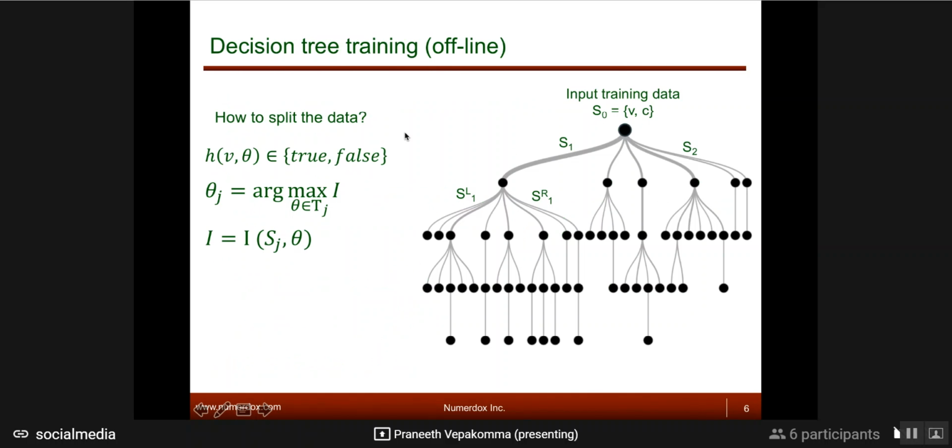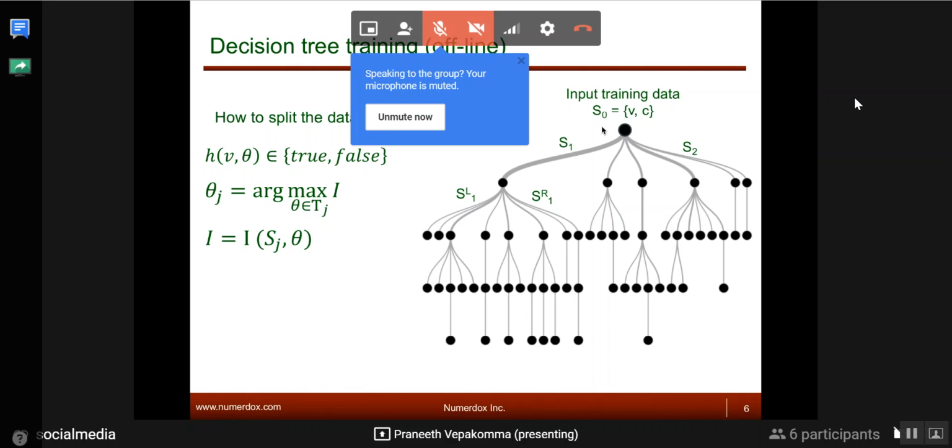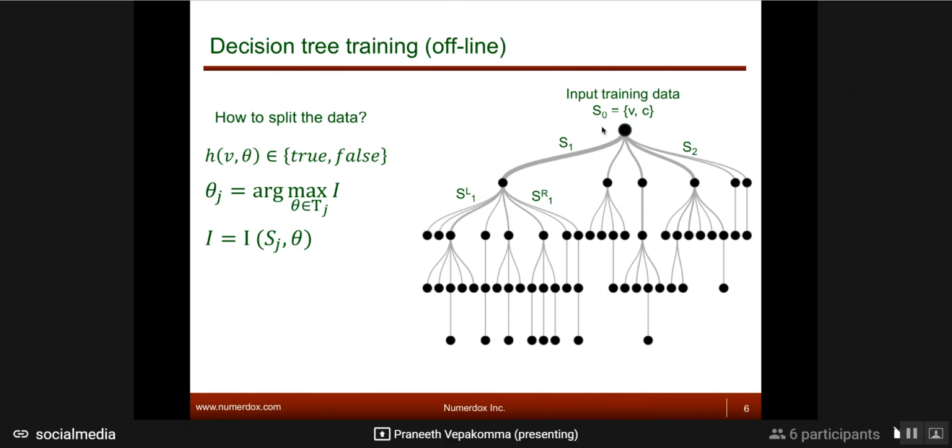Okay, so you do that. Now the question is, yeah, go ahead. For all those 700 trees or however many trees we are building, the root node is the same, right? We will have all the data because we are bootstrapping. We are bootstrapping on the columns actually. So the columns will change. The variables will be somewhat different. Some commonalities will be there at some points, but they will change.